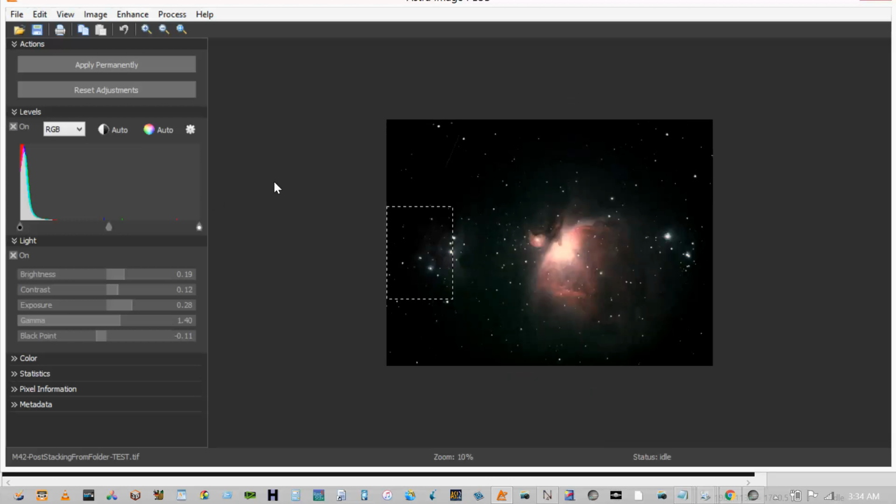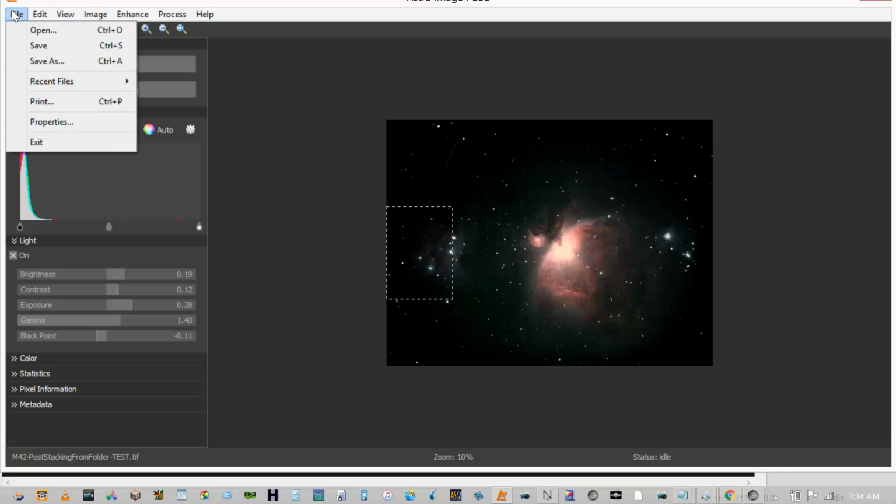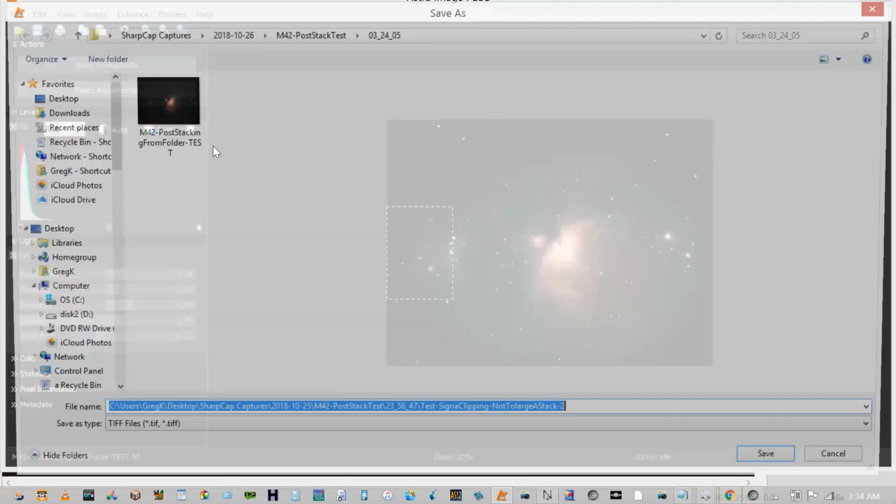So now I'm going to save this, and basically, as you can see, I used one other program, and I have a basic image. I've used Nebulosity. I've done 2 mouse clicks, and I've done some adjustments in my editing program, and I've gotten, maybe with the curves or whatever, a basic image, and I can post this. So I'm going to save this, and I'll save this